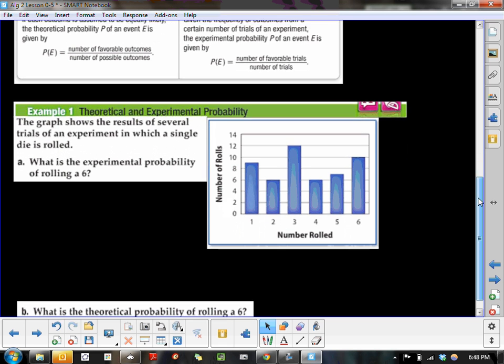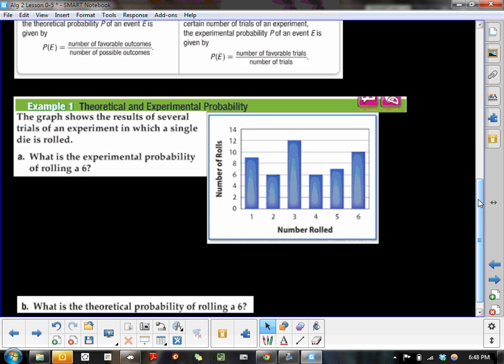It says the graph shows the results of several trials of an experiment in which a single die is rolled. Now, a die is like a number cube. What is the experimental probability of rolling a 6? An experimental probability says we must use the data that they give us, so we've got to look at